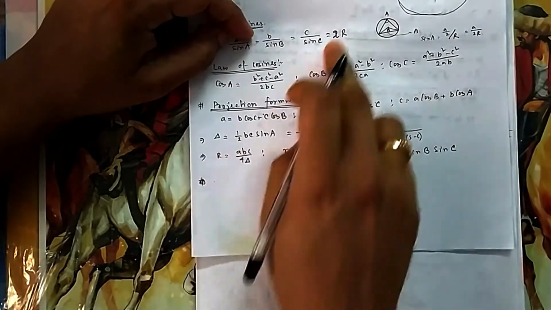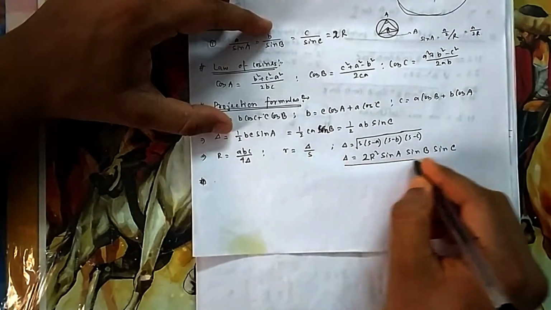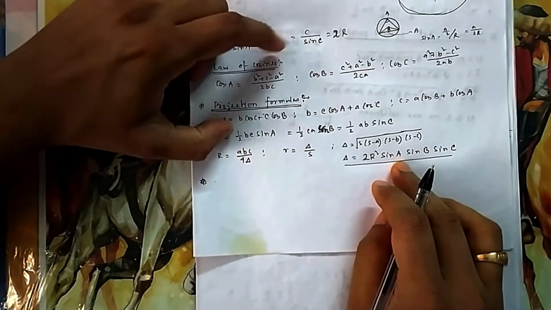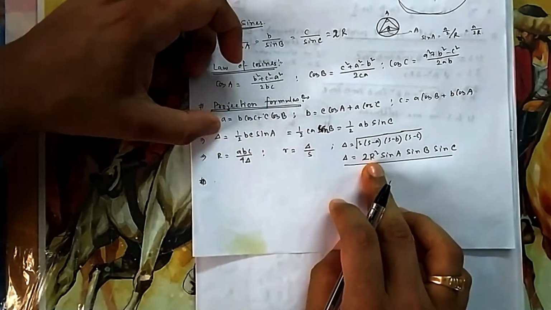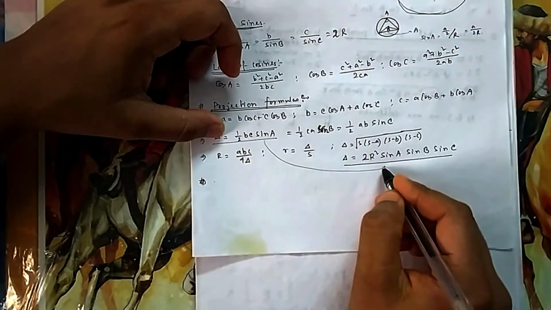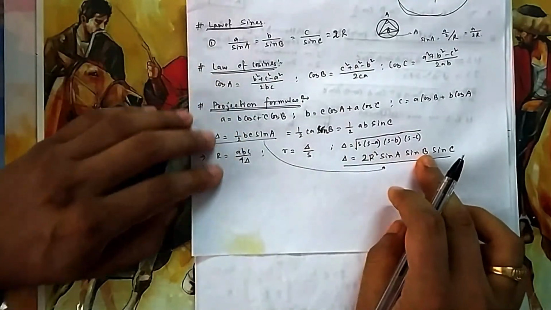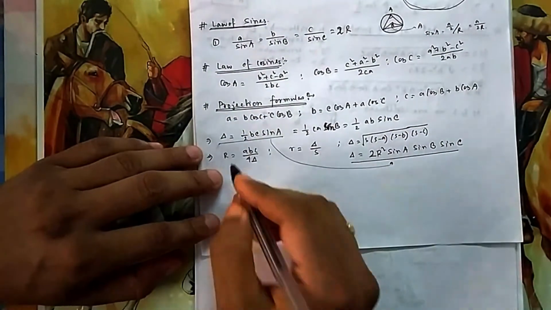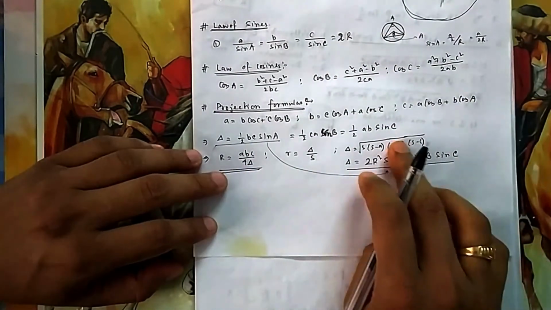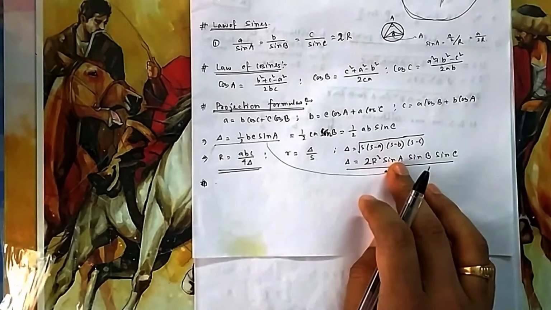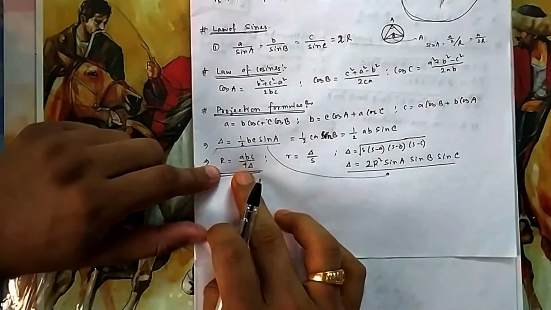A will be equal to 2R sin A, B will be 2R sin B, and then this long formula will come. Sin A, sin B, sin C will automatically come, and it will be 4 by 2, 2R square. Easily from this you can prove this. You put B is equal to 2R sin B, C is equal to 2R sin C, it is correct. So these are good small formulas that can also be proved here. ABC by 4 delta using this one. Delta is equal to this one, you will apply sin A, sin B, sin C in terms of R, then you put it here, you will find it is ABC by 4 delta.